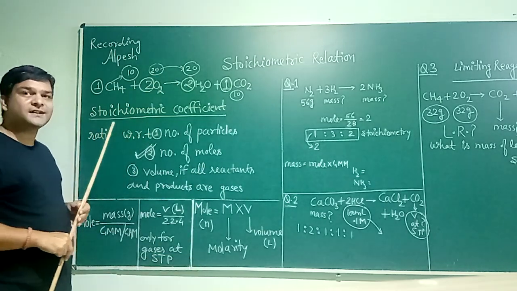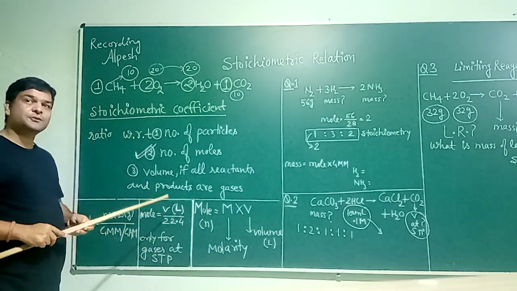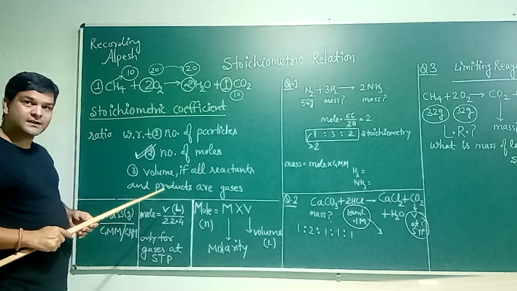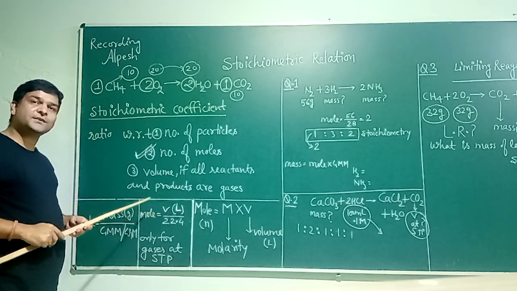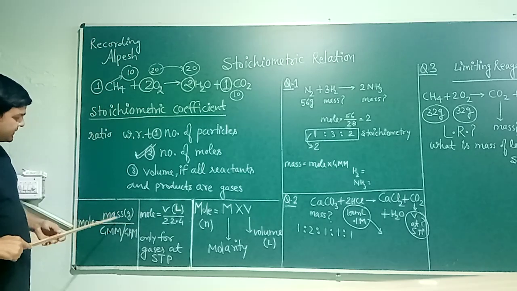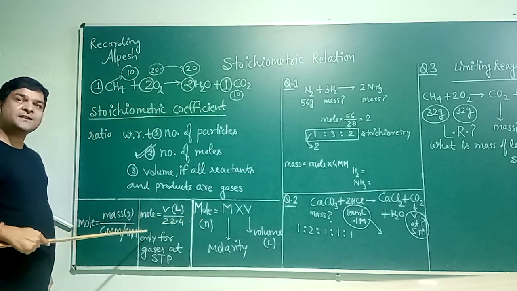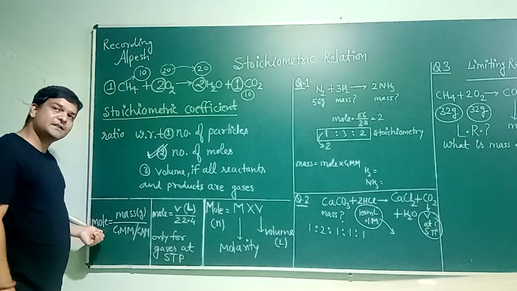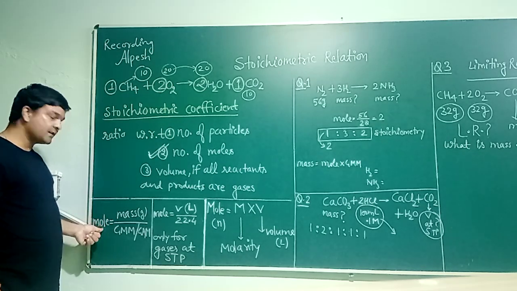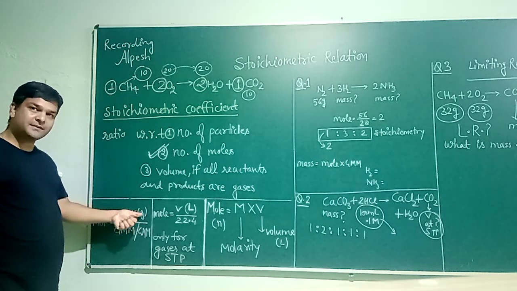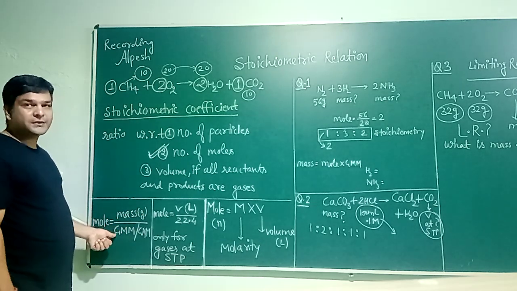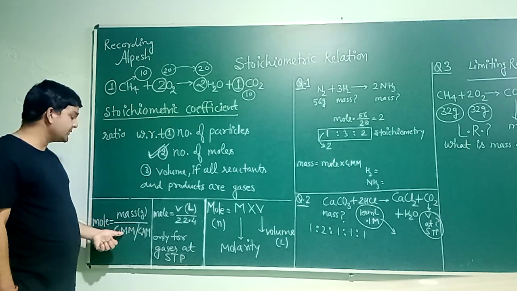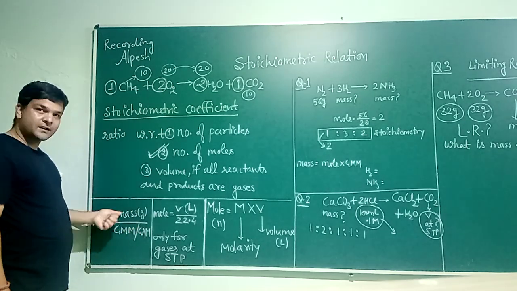Now, how can you calculate number of moles? In some questions, you may be given number of moles directly, but in other questions, you may have to calculate number of moles in the first step of the question. To calculate number of moles, we may use these three formulas depending on the data given in the question. The first formula, you are familiar with as we did earlier: mole equals given mass, which is in gram, divided by gram molecular mass, or it may be gram atomic mass, depending whether the substance is a molecule or an atom. So this formula we used earlier.